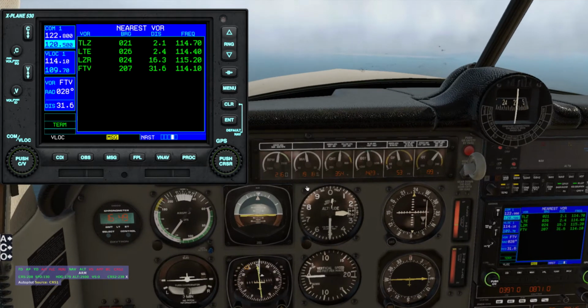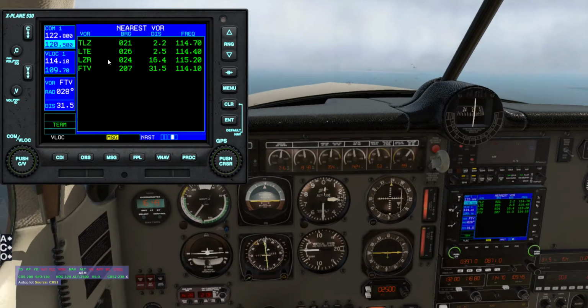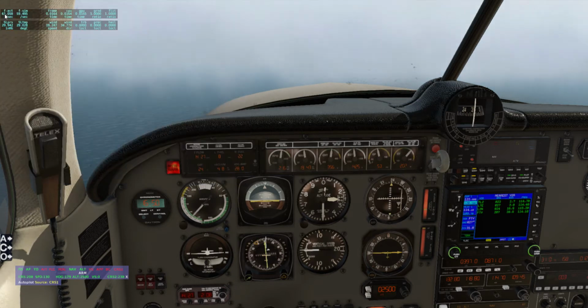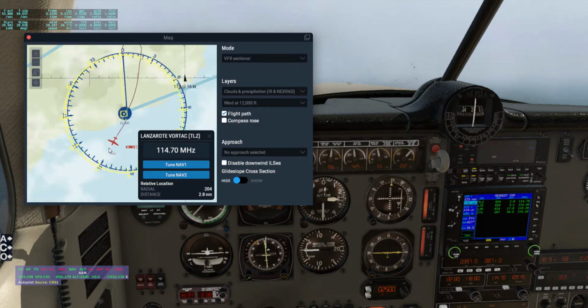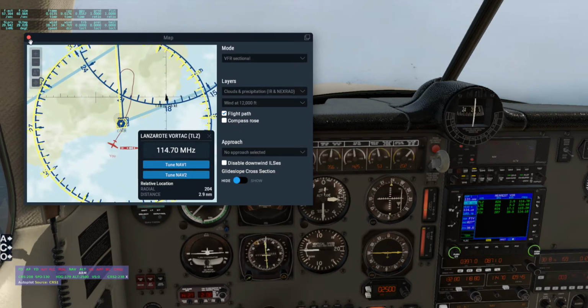And now you can see Fuerteventura is on a bearing of 270, and that's basically because we are not 100% aligned. However, if we look here